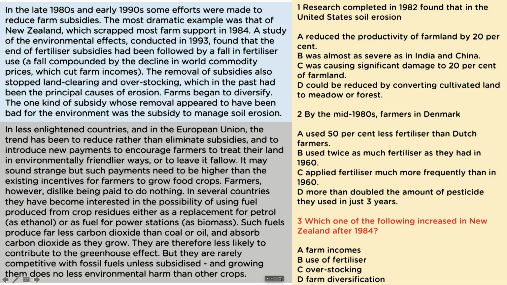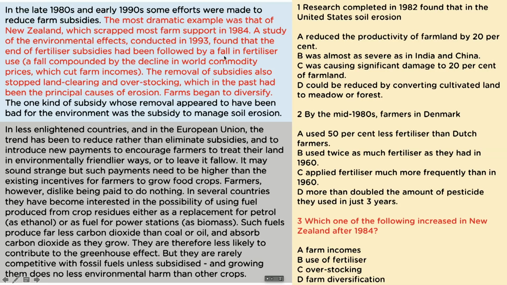1984? So if we look carefully and we scan our eyes over the text, we start to see the keyword New Zealand, we see the word 1984. We know we need to read this section here. So which increased? Let's read it. The most dramatic example was that of New Zealand, which scrapped most farm support in 1984. So scrapping something is not increasing it, it's decreasing it or eliminating it. A study of the environmental effects conducted in 1993, well, that's irrelevant, found that the end of fertilizer subsidies had